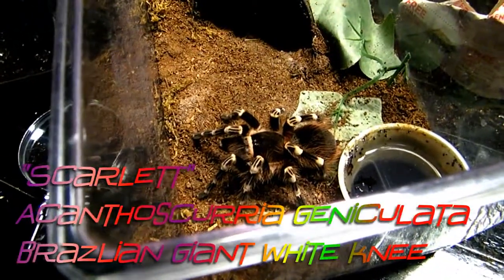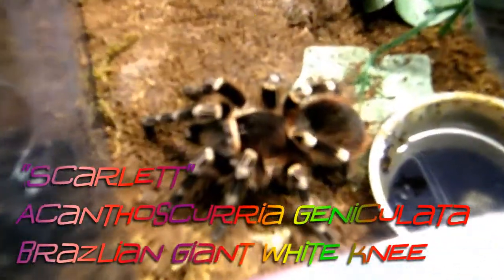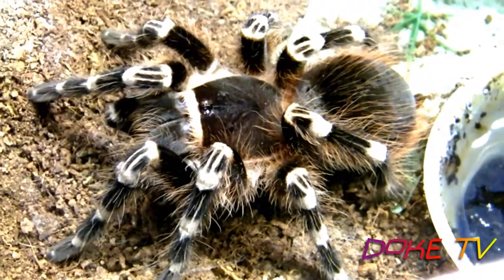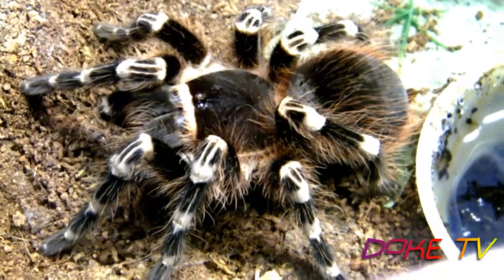Scarlet is my Canthoscurria geniculata, the Brazilian giant white knee, and this is another T that I haven't shown in a while. She is starting to get huge, absolutely huge. This one is one of the reasons why I haven't been able to show her off lately,